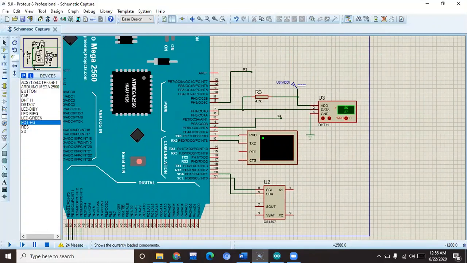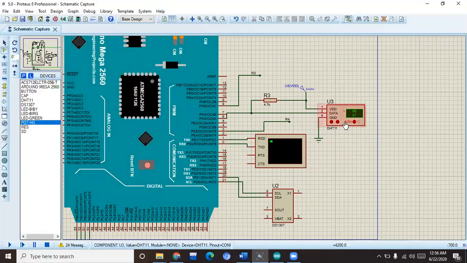And the last one is a data logger, which includes a DHT11 sensor. It is collecting the data of the temperature and humidity, and that temperature and humidity data is linked to the real-time clock DS1307. This clock stamps the data to the readings of the humidity sensor. It means that whenever a reading of temperature and humidity is taken by the sensor, that time is given to it. Hence, a proper time is stamped to the readings of the temperature and humidity sensor.